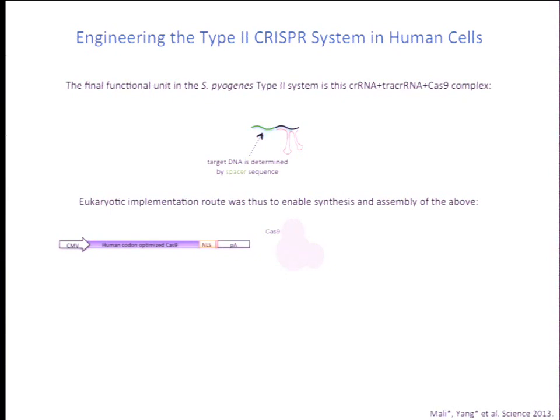In theory, all one needs to do is to express the Cas9 protein with an appropriate nuclear localization signal and express this CRISPR RNA, tracrRNA in a chimeric structure, but the only trick being that you use a polymerase III promoter instead of a standard polymerase II promoter. The idea being that polymerase III promoter transcripts do not get capped or polyadenylated and thus do not get shunted out of the nucleus. So in theory, if one appropriately expresses both the Cas9 and the guide RNA, then one could imagine that they would come together and form this final functional surveillance unit.